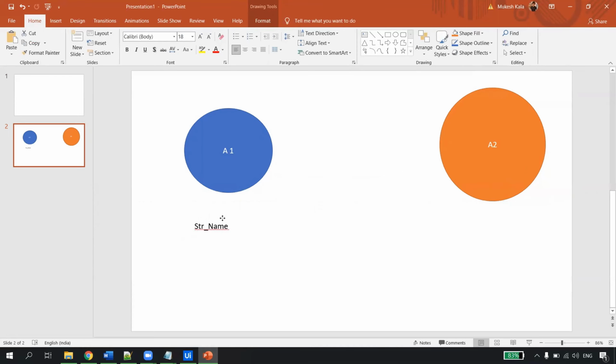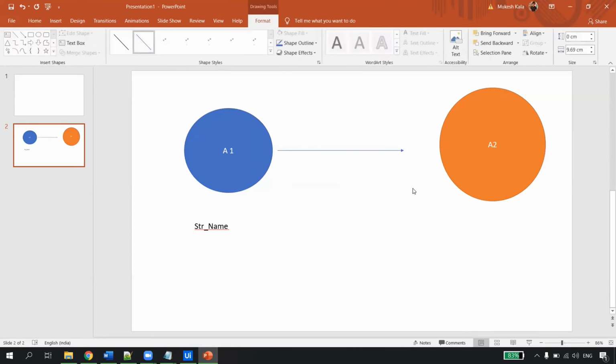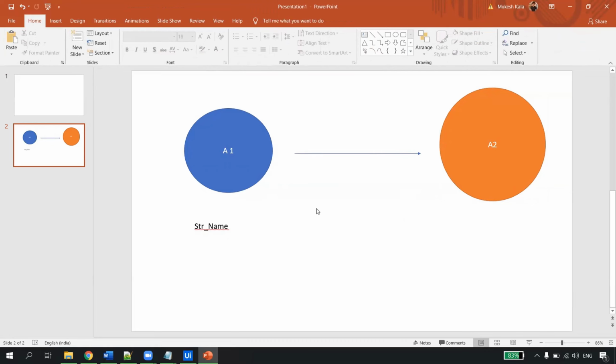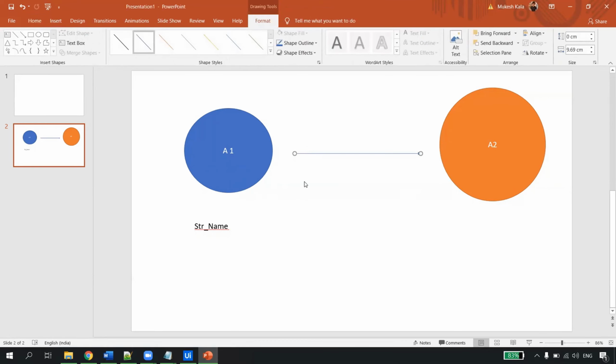Now how do I create an argument? There are only two directions: the first direction is in and the second direction is out. If this automation has to give something to this automation, what should I create here? Where is in and where is out? This is in or this is out?